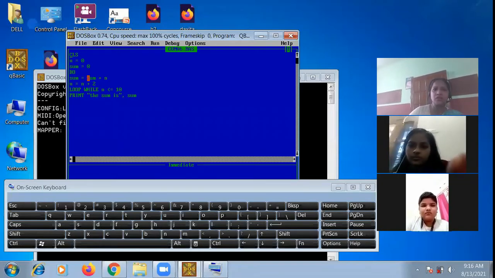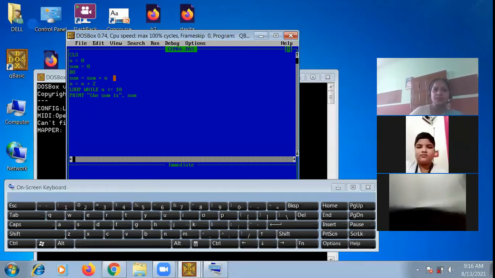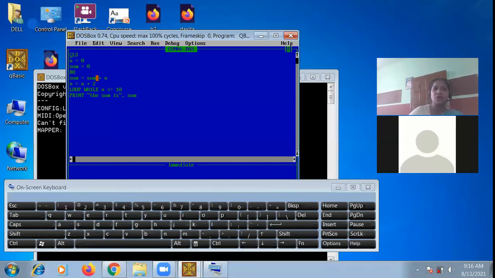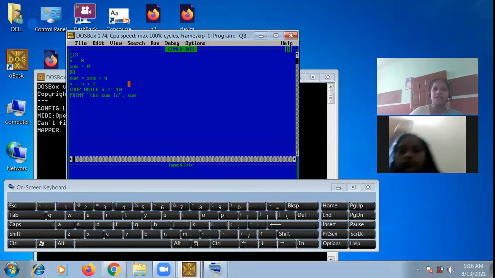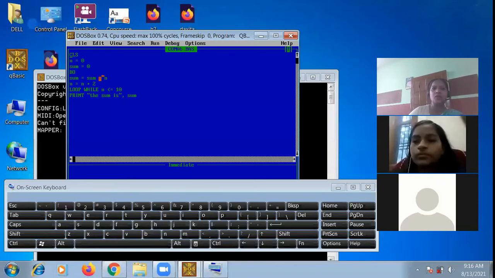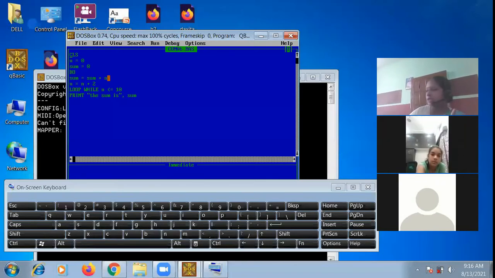Now sum's value is 14 and n value is 6. 6 plus 2, 8. Now n value is 8 and sum 16, 16 plus 8, 24. Keep in mind, sum's value is 24 and n value is 8. Now n value will increase by 2.